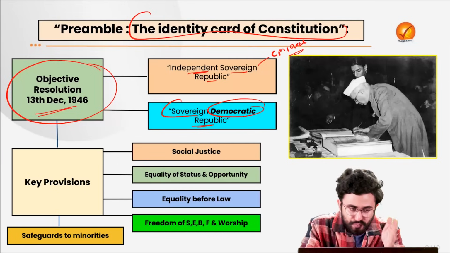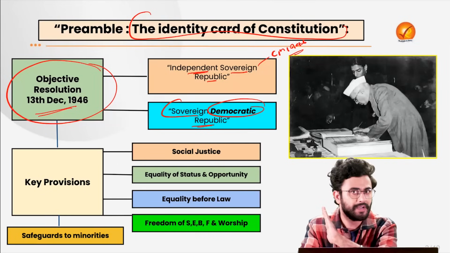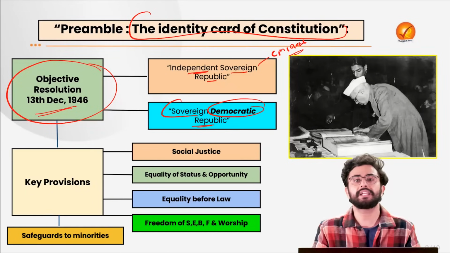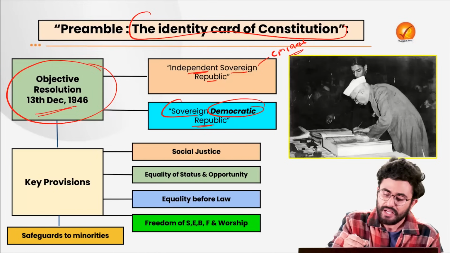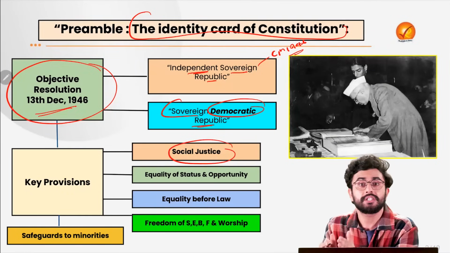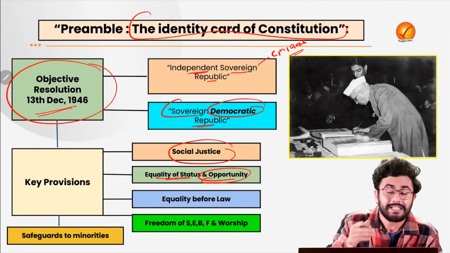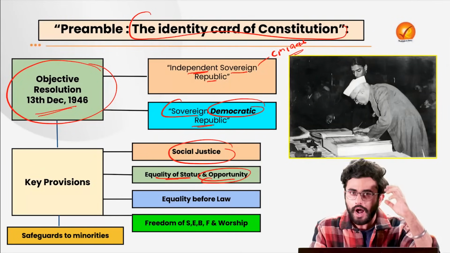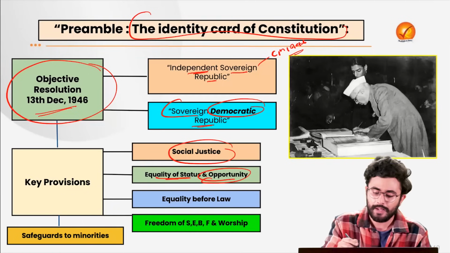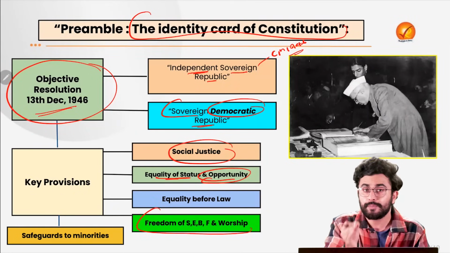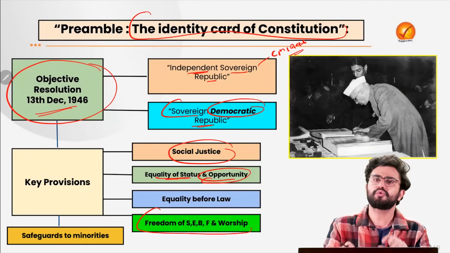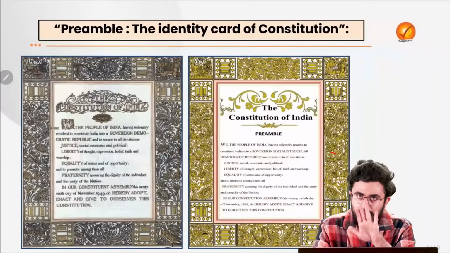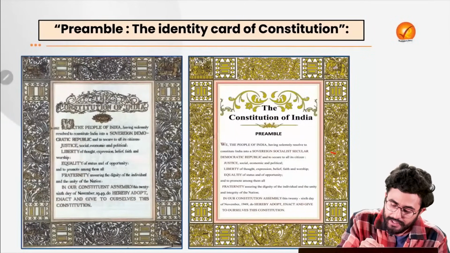Also keep in mind that this very same Objective Resolution moved and drafted by Jawaharlal Nehru also contained certain key provisions which shaped the nature of our Indian constitution. What were those key provisions? First was the idea to provide social justice, equality of status and opportunity, and equality before law. You might be recalling all the articles related to this in our present constitution. Also to provide for freedom of speech, expression, belief, faith and worship, and to provide adequate safeguards to the minorities. Thus, our constitution and preamble was adopted on the